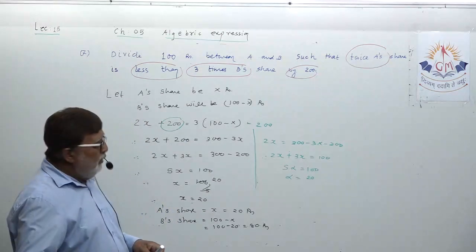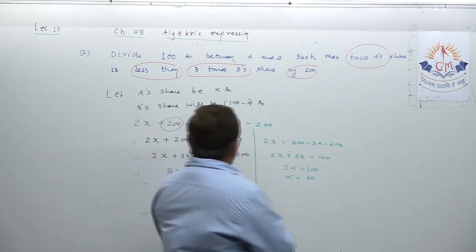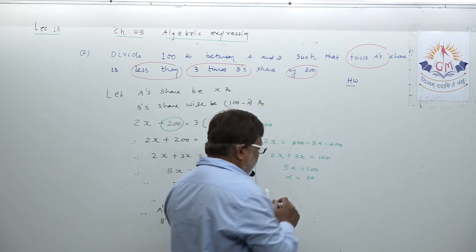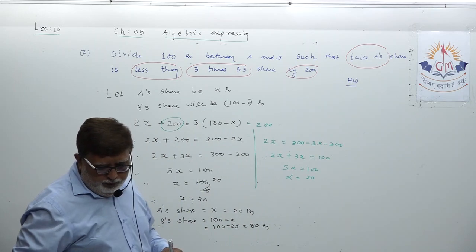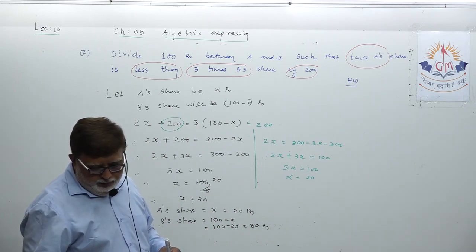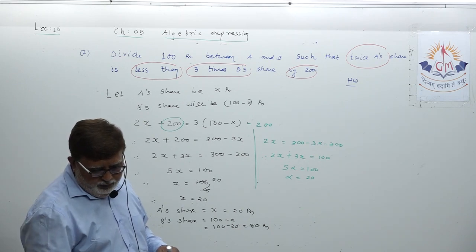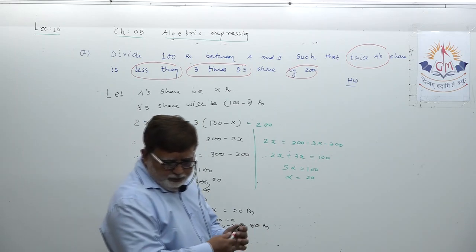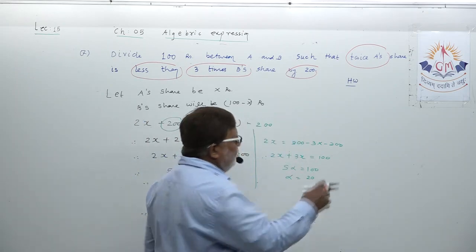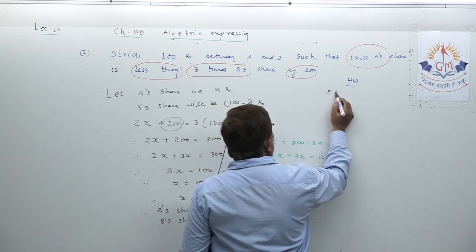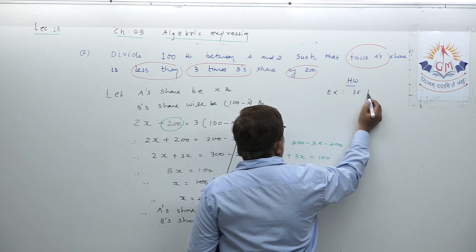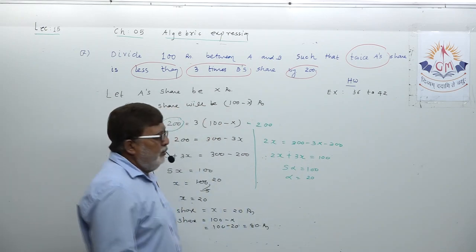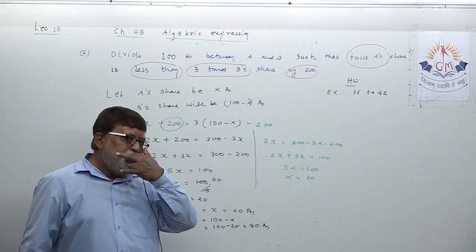Okay, so dear student, homework for today's lecture number 15 is, this is your homework for today's lecture. What you have to do, dear student, you have to do example number 36 to 42. Example 36 to 42. This is, dear student, I am giving you in this lecture sufficient time to submit your homework.